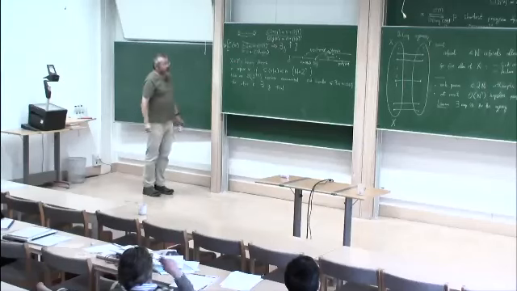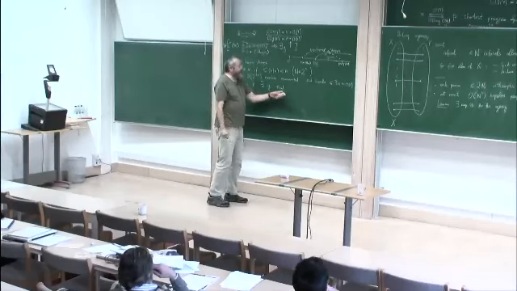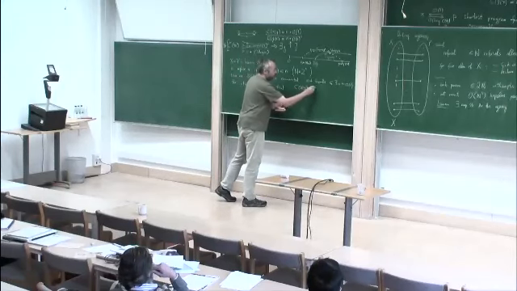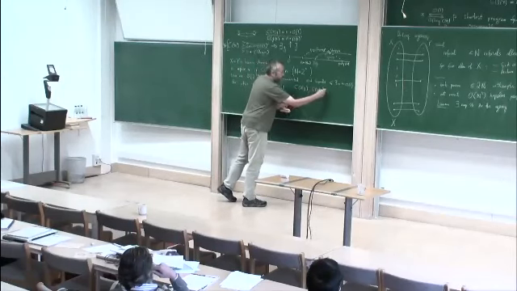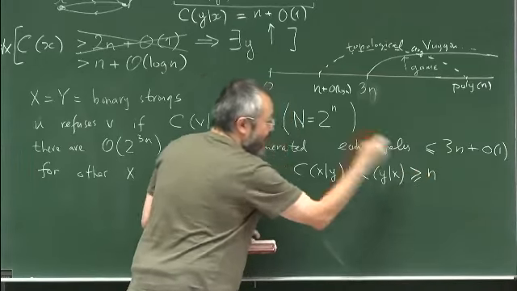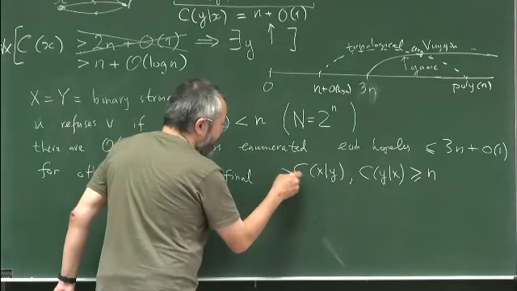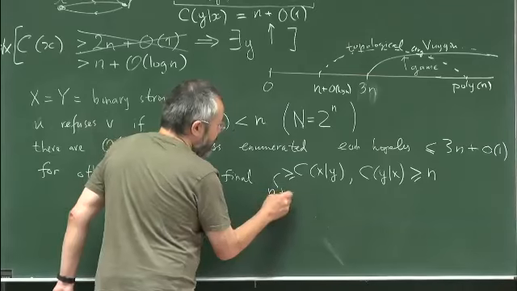And since there was no rejection, we know that the complexity in both directions is at least n. Otherwise, at some point, they would reject each other. And on the other hand, this complexity is bounded by n plus O of 1,